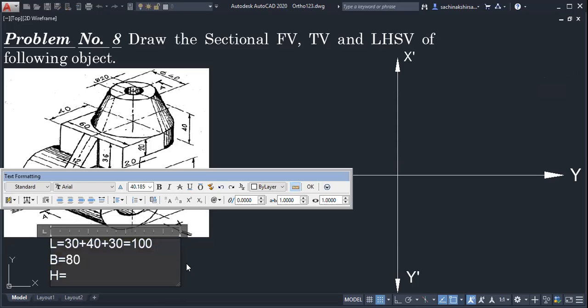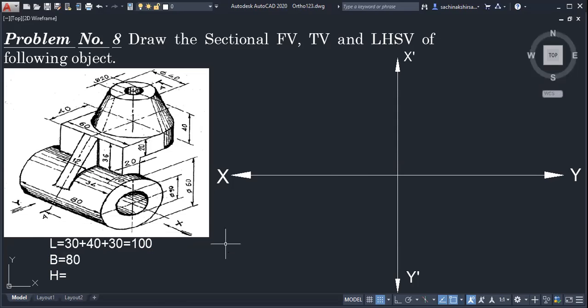So 80. Okay, now height. Width is very simple, 80. Directly it is given. What about its height? How to find? Now you have to concentrate on vertical dimensions. 96. How come? 36 plus 20 plus 40.